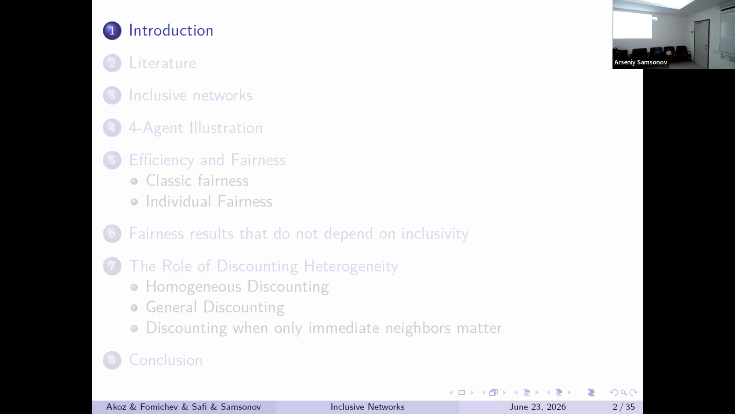And so I'll first review the literature. Then I will define a family of graphs which are interesting within the paper, and I will give you some simple graph theoretic results about these graphs, which are not our own, but on which our result relies. Then I will tell you our main result about the trade-off of fairness and efficiency,